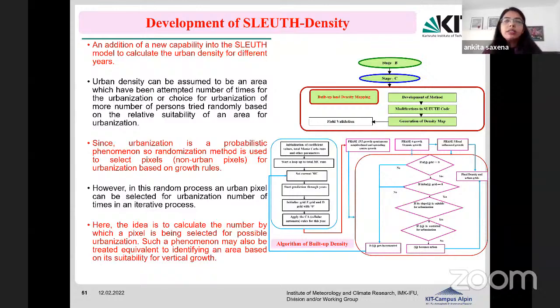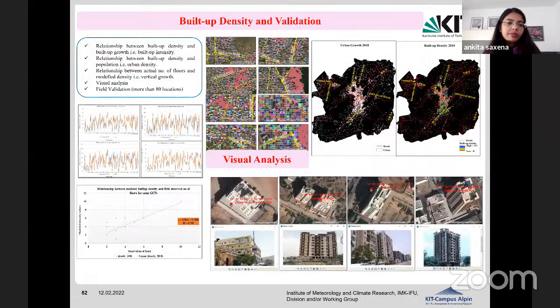Urban intensity means how much the urbanization has changed for the same locations, so it indicates how intensified the urbanization is with time. That was well related with the urban built-up density which I simulated with this model, and